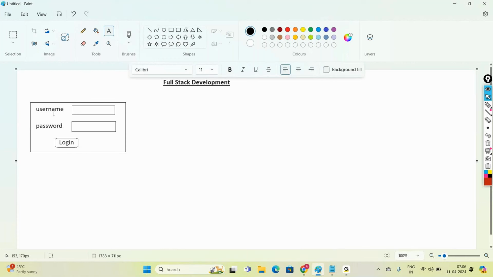Whatever we are seeing on the browser screen, we call it as front end. So the content what we display on the browser is the front end. Now, once we type the username and some password, when you click on this login,